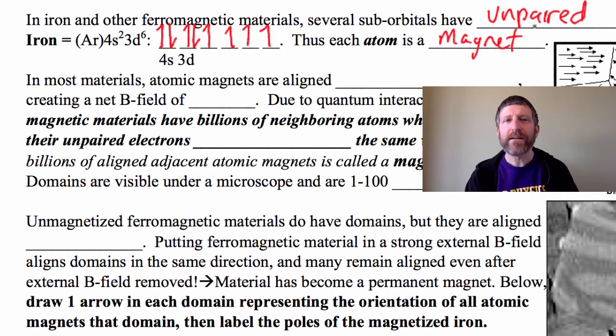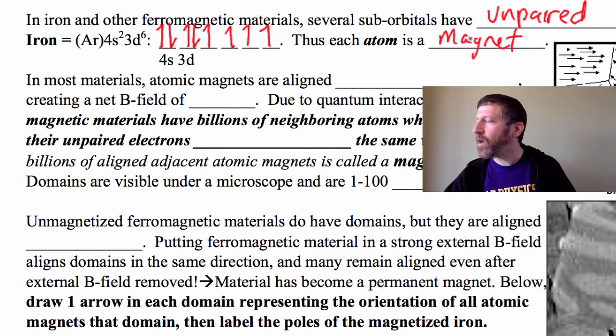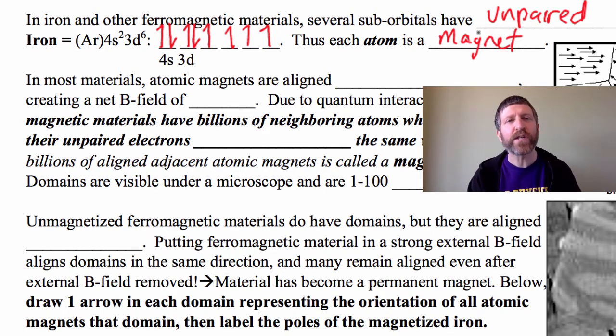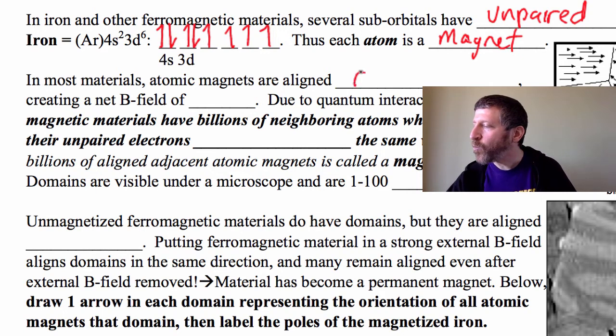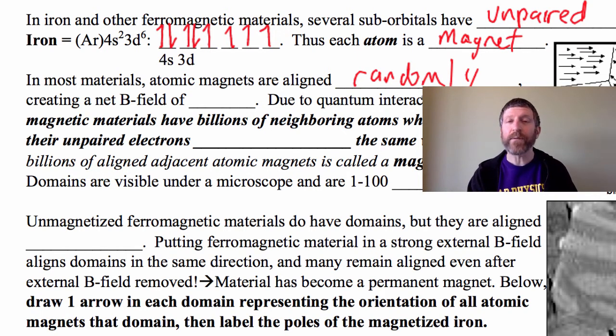Now, any material that's got unpaired electrons exhibits what's called paramagnetism, which is a weak magnetic effect, but certain things like iron, nickel, and cobalt have ferromagnetism, which is an even more powerful magnetism, and it has to do with what we're talking about now, domains. Now, in most materials, atomic magnets are aligned randomly. And that's what happens in paramagnetism. Every atom is a magnet if it's got unpaired orbitals, but they tend to align randomly,